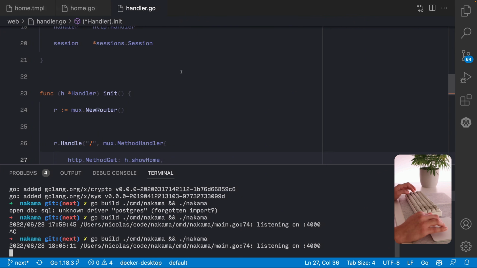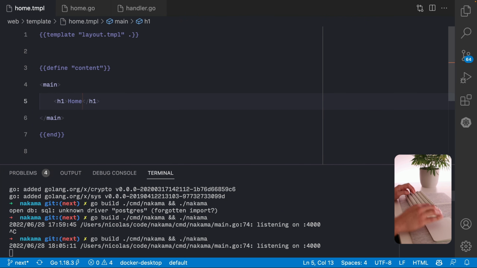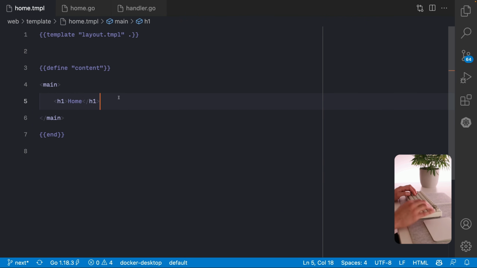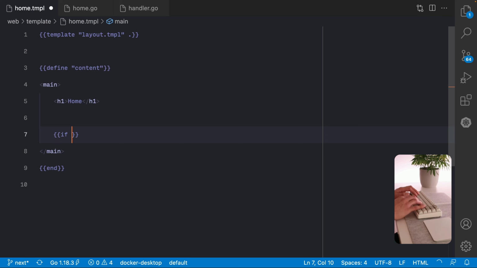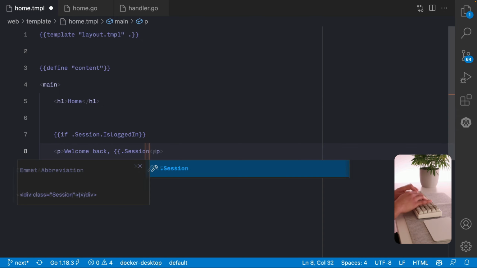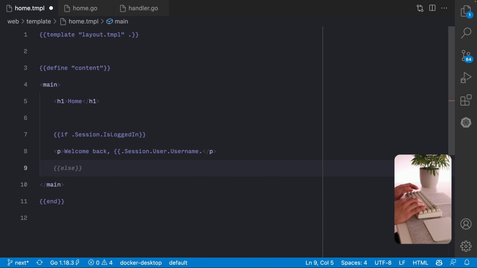And now in the home page, all right, we don't see anything right now, but if we go to the template, we can display the user. So if session is logged in, we can show the user. And maybe show a logout button.